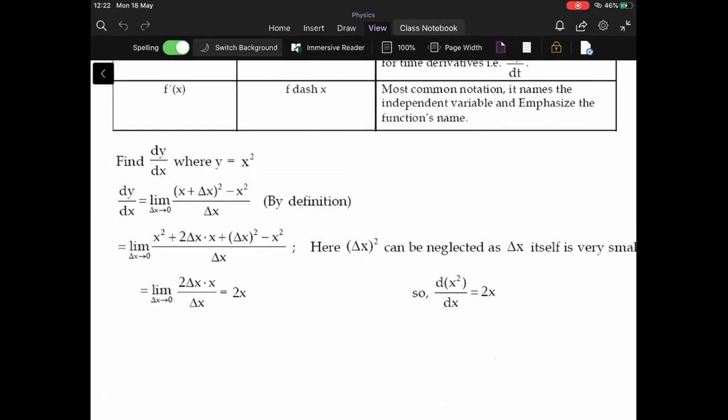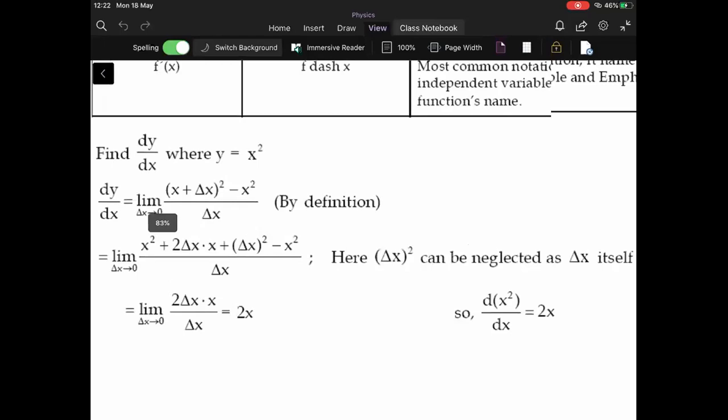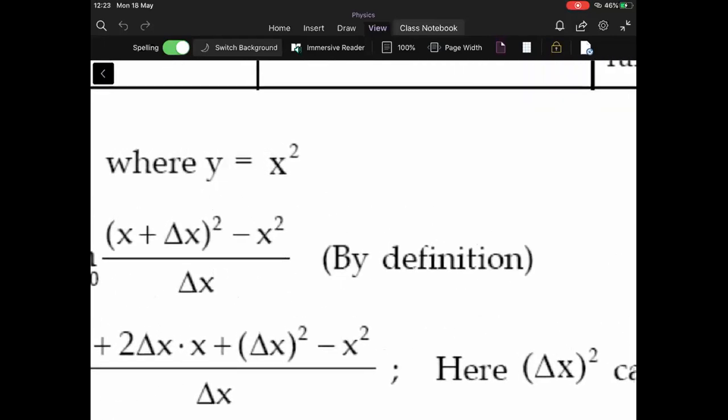Here, so let us say we have an example here. How do we find out the differentiation? So scientists like Newton have already found some relationships for differentiation in different functions. So I'll take you through just one example. How did we arrive at the derivative, or how did we find out the slope, if the function is y equal to x square? Okay, if you remember, this is nothing but the equation of a parabola.